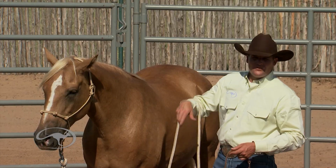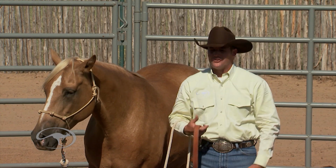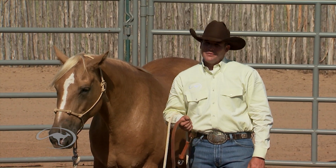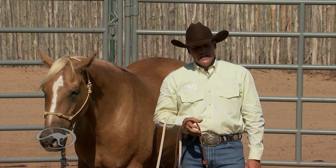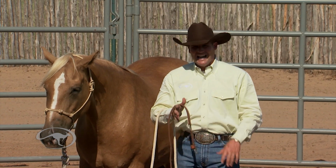Because for her to lunge around on 3 legs, it actually takes quite a bit of work for them to lunge around on 3 legs. It's kind of like, you know, hopping around on 1 foot. Okay, you could do it, but it takes a lot more air away from you compared to just walking on 2 feet, okay? So by lunging her around a couple of circles and then letting her stop and relax, and